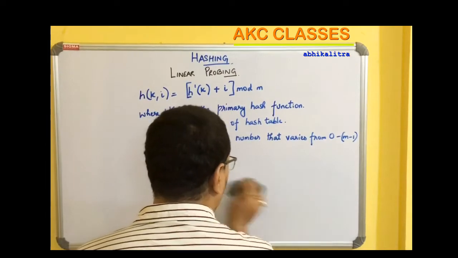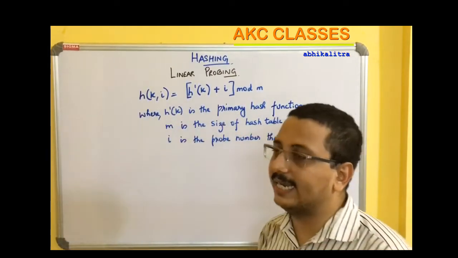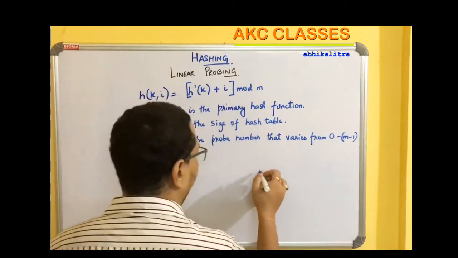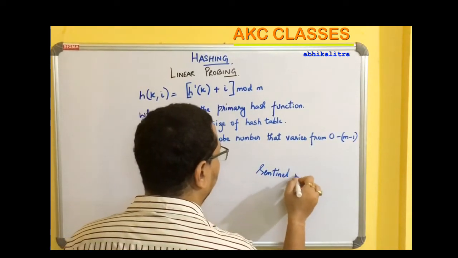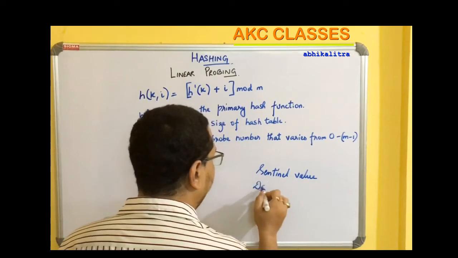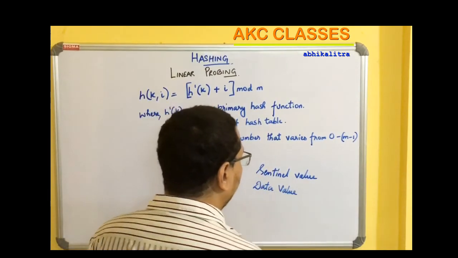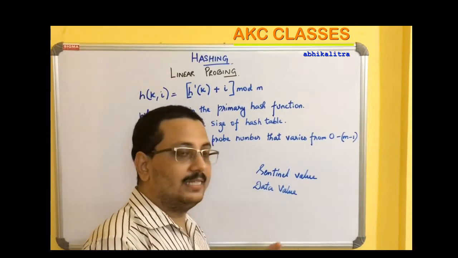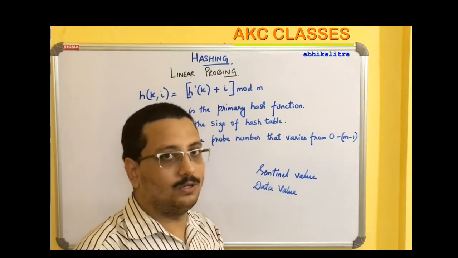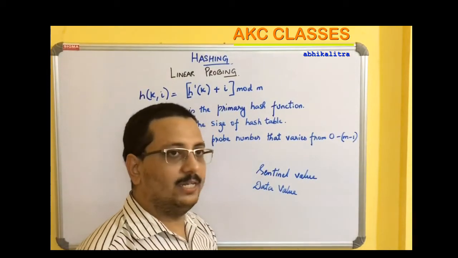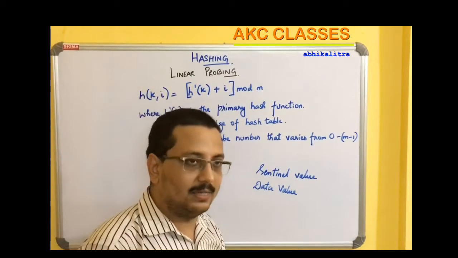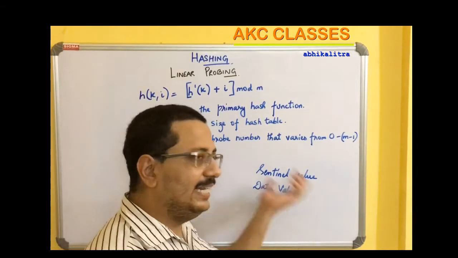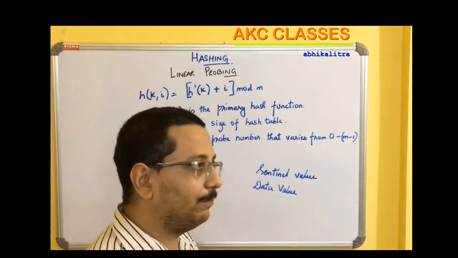Before we move on to discuss the next free slot, we have to understand that each slot of the hash table has two different kinds of values. The first value is the sentinel value, and another one is the data value. The sentinel value is basically kept to understand whether the particular location of the hash table is empty or not. You can use any kind of notation that you want. You can use null. Someone can use some negative numbers. Some can use some other symbols to indicate whether this particular location is empty or not. That is up to your convenience.